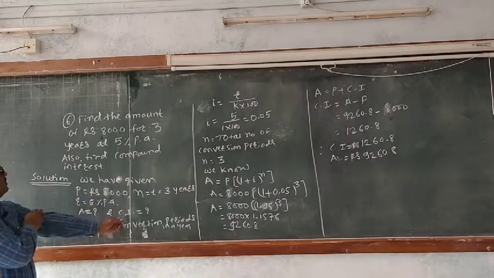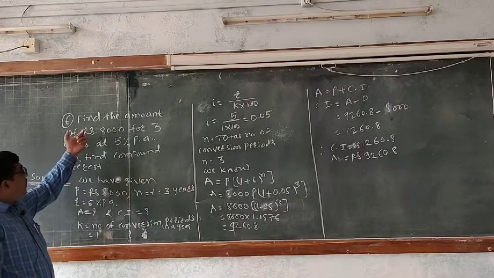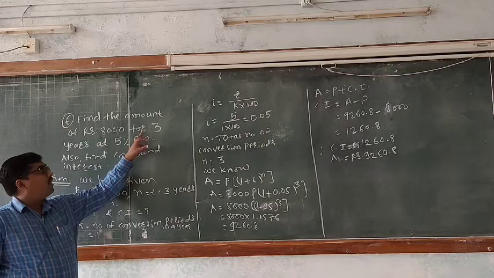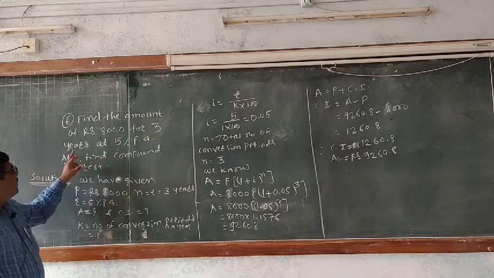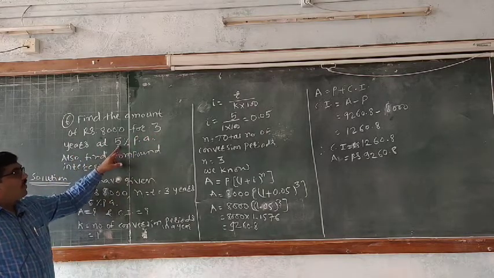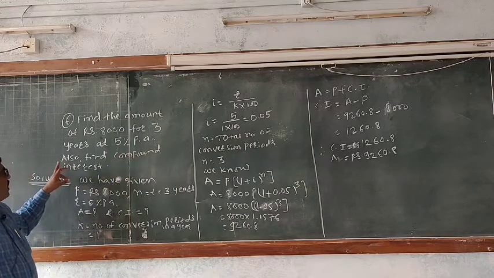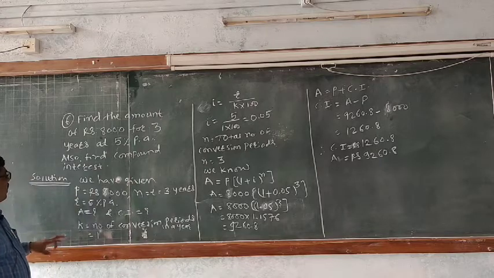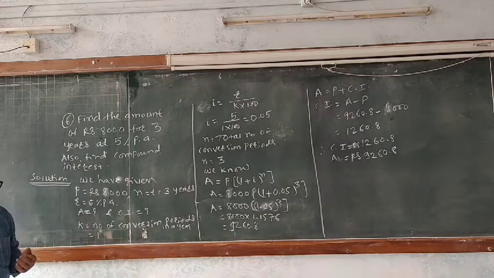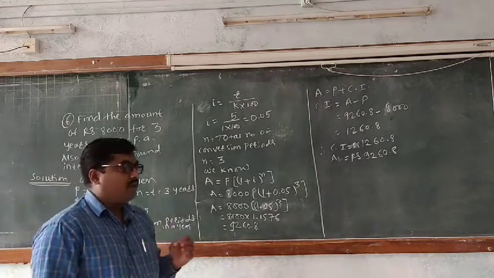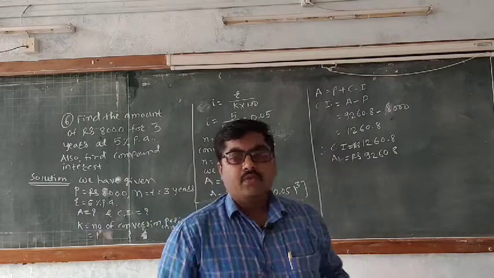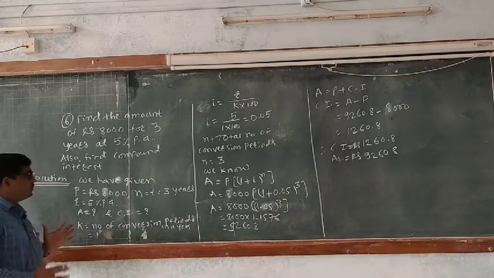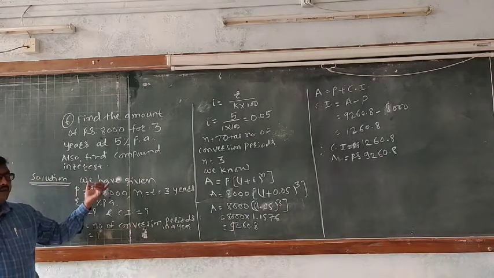Now see the next problem. Find the amount of rupees 8,000 for 3 years at 5% per annum. Also find compound interest. When we solve the problem, first write down the given values. So what we have given,